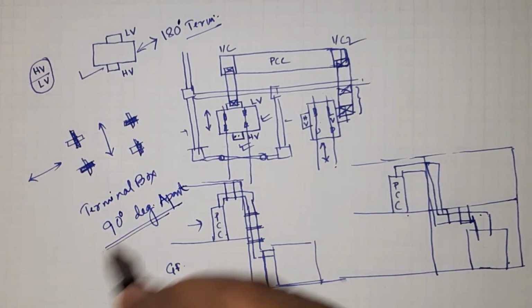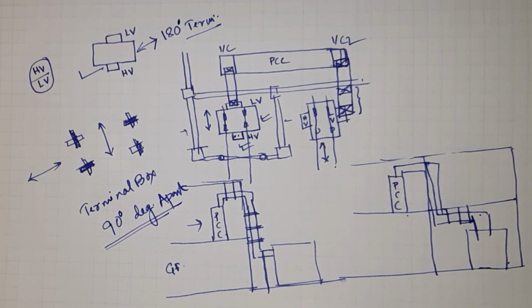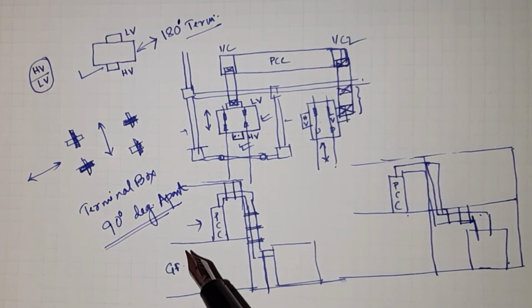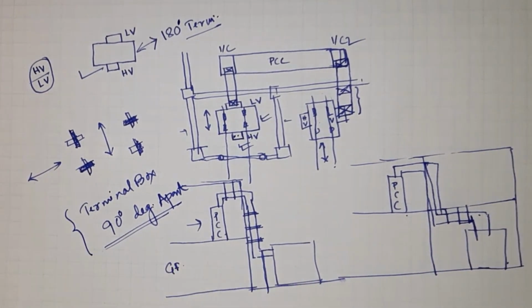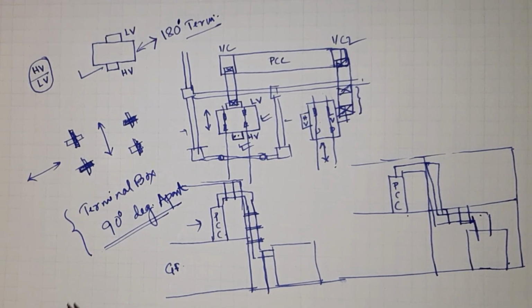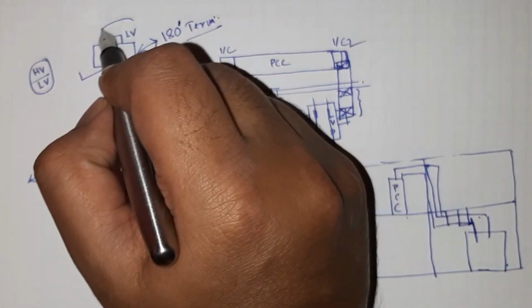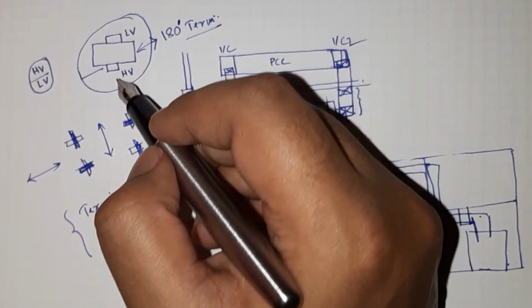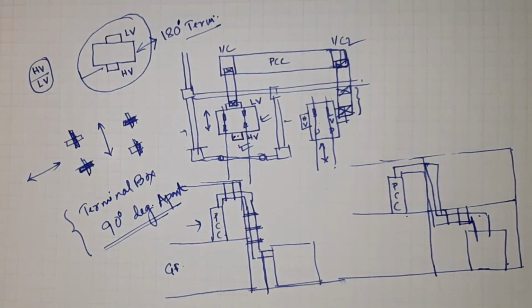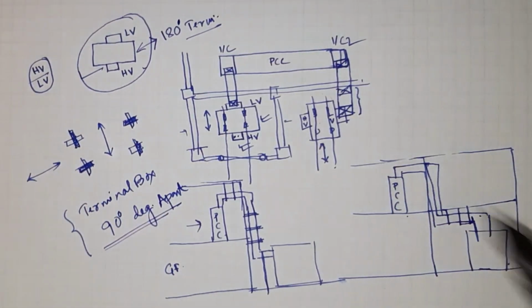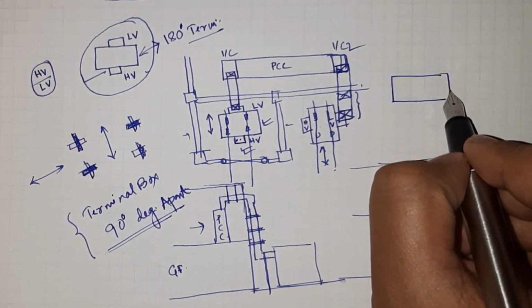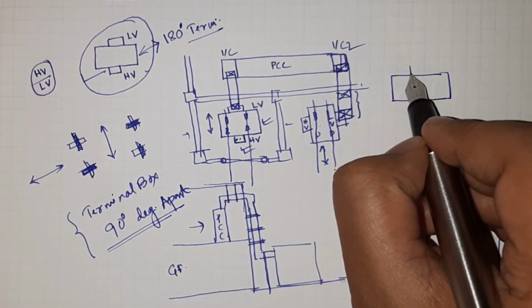Generally this is not considered by the transformer vendor, but if you mention it in the transformer specification, the transformer manufacturer will prepare the transformer this way. So these things have to be mentioned. If you do not mention anything in the transformer specification, the transformer vendor will make the transformer this way, 180 degrees apart, because this gives some design comfort to them. This is easy to design, but this is a little bit difficult to design, and the transformer manufacturer does not prefer that.